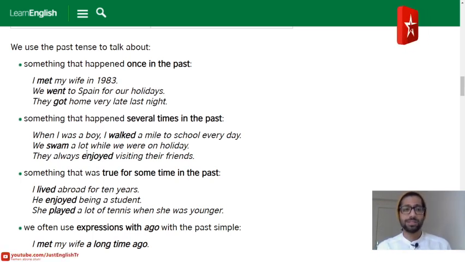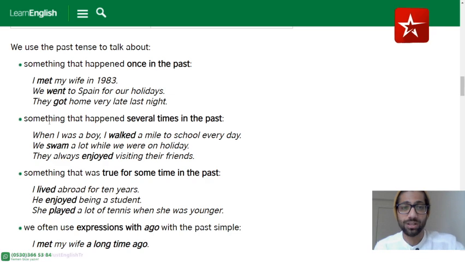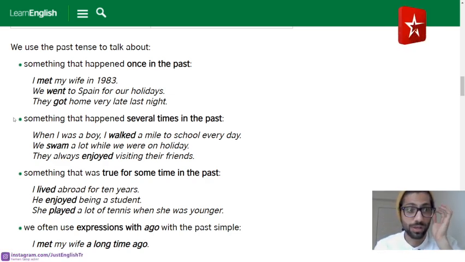he will explain to us the use of the past simple, where we can use it. Those four cases that we have, I believe four, yes. These are the four cases that we have, and we have to understand them and analyze the sentence to get the full perspective of the sentence. So,